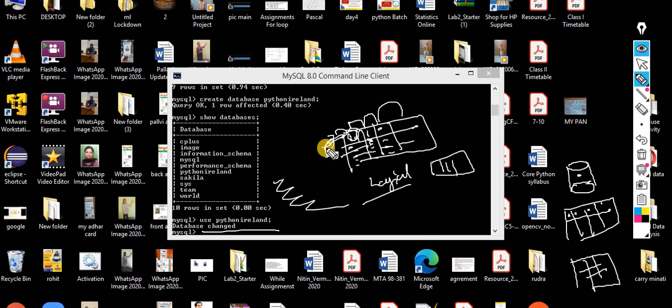So tables always, whenever you say tables, it means the data is in rows and columns. And what is the meaning of the rows and columns? It is the schema basically, the format in which I am going to store my data. And we have to define this schema whenever we are defining the table, at the time of the table creation. Yes, it is mandatory. You have to define the schema. So I think the picture is clear.